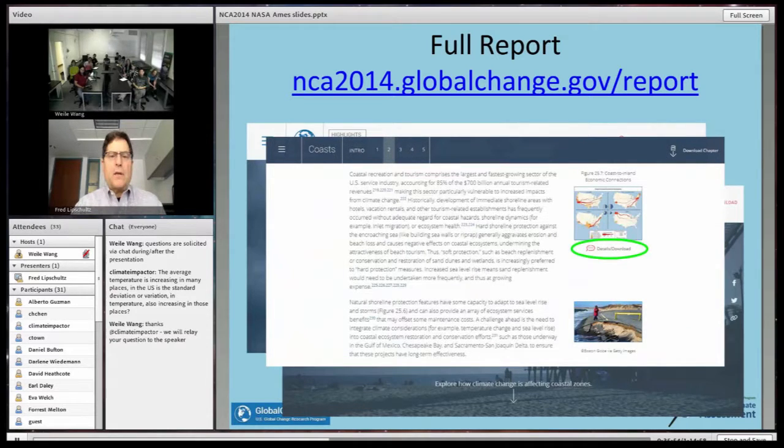And across the top, you see not just the introduction to this chapter, but this chapter has 5 different key messages that the authors wanted to convey to the public and to Congress. Those key messages can be accessed either by clicking through them or walking through them one by one. But you can also see on the right that the graphics are available in high resolution for downloading and free use for educational purposes or however they're meant to be used. But you can also go further